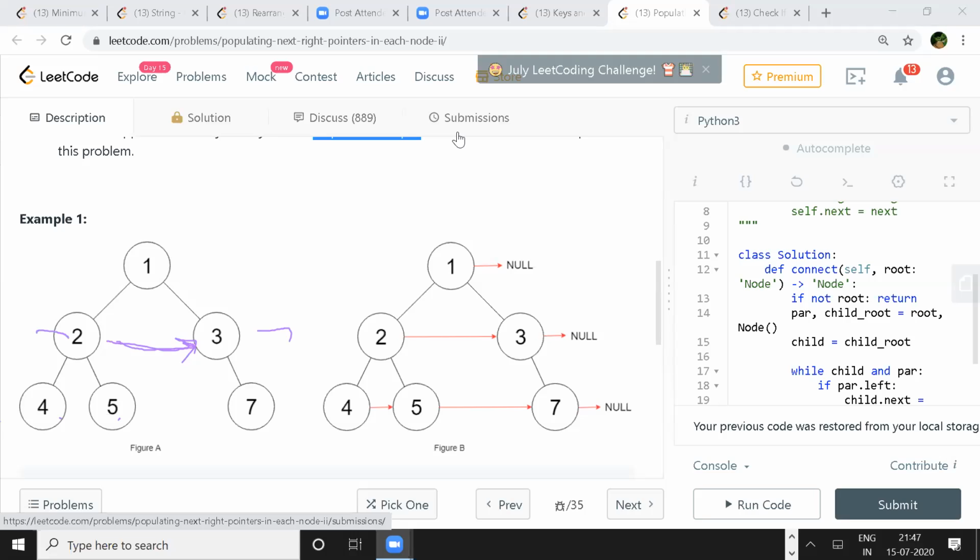You assign these, and when you are at node 2, 2's next is going to be 3. When you have done this 4 and 5 linking, you come to 3 and see if its left is null or not. If it is null, just skip that. You find that 3's right is not null, so you just connect 5 to 7.